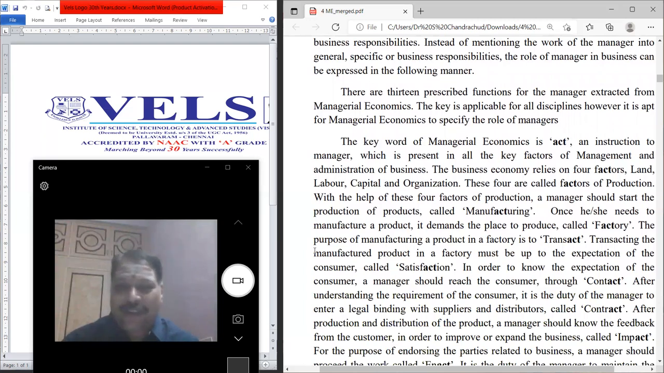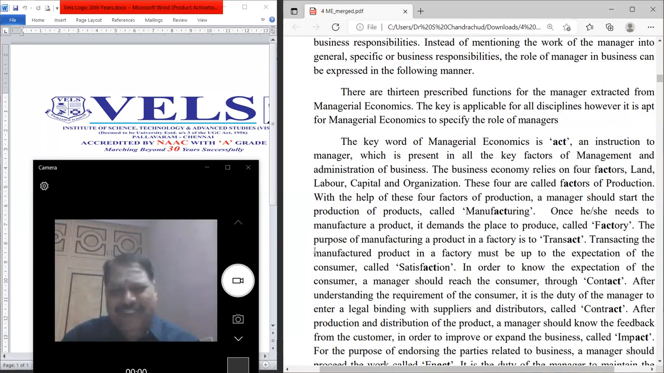The business economy relies on 4 factors of production: land, labor, capital, and the organization. So the factor is having ACT. You can see the factors of production, that particular word is having ACT. These 4 are called factors of production. What are they? Land, labor, capital, and organization. With the help of these 4 factors only, the manager should start the production of the product, where